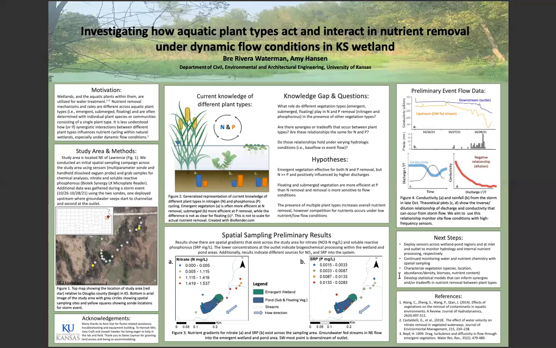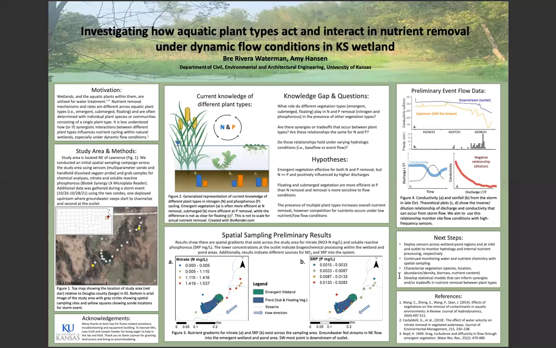Wetlands and the aquatic plants within them are recognized for their water treatment capabilities. The mechanisms and rates of nutrient removal are different across aquatic plant types, such as emergent, submerged, and floating vegetation, and are often determined with individual plant species or communities consisting of a single plant type. However, multiple plant types can co-occur within natural wetlands, and synergistic interactions between them may influence nutrient cycling, particularly under